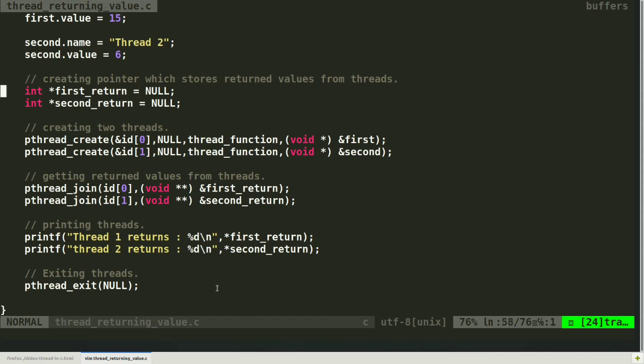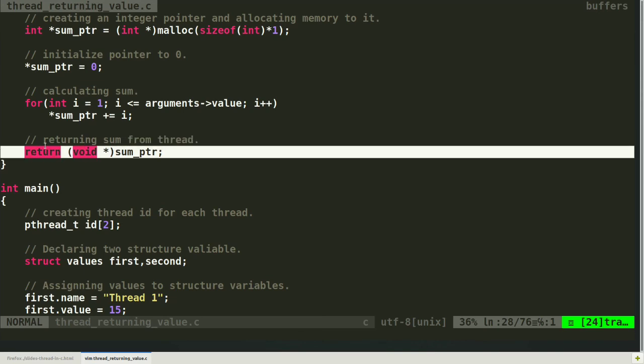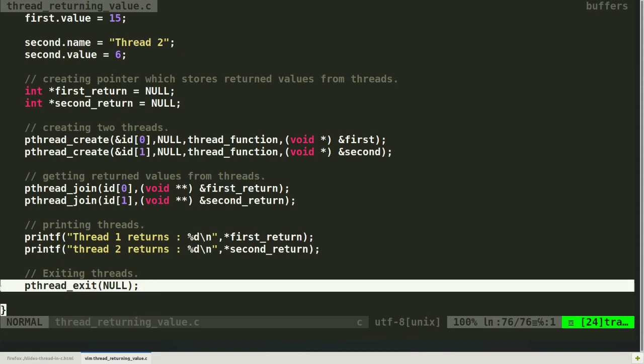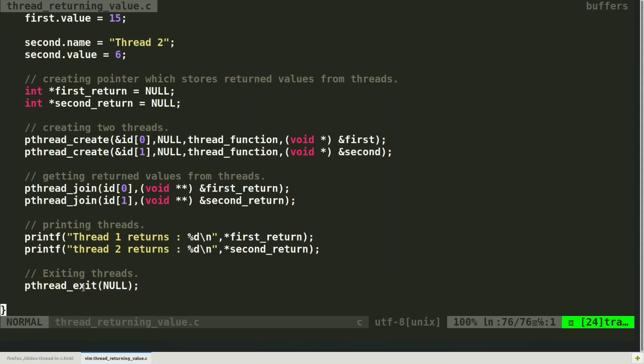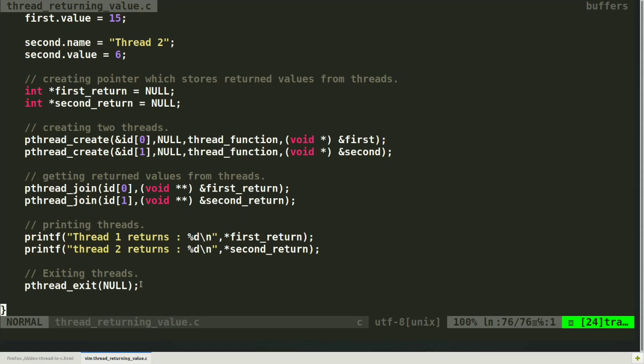In most cases, when you are not returning some values from the thread function, then pthread exit is going to be executed at the end of the thread function, but here we are returning some values, so it is going to be exited here. One thing to keep in mind is that when you execute pthread exit, we can provide some values. If we provide a reference to some values, then pthread exit is going to return it. Here we are not returning values, that's why we are providing null, and this is not of much use. In 99% of cases we use pthread exit like this. So don't think too much about it, and let's try to execute it.